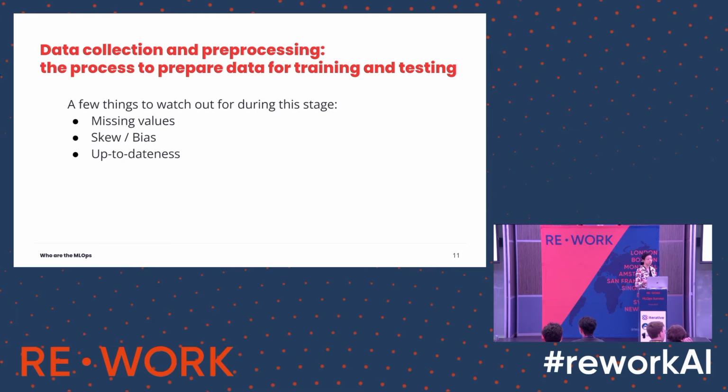We also check for missing values, so we have active metrics to check how many zeros and how many nulls there are. Skew and biases are something we really care a lot about. Sometimes we would even not try to train models if the data is too skewed. There are times where you can adjust the biases by oversampling and things like that. But sometimes we would actively say this data is not good enough and let's wait a little longer to build it up.